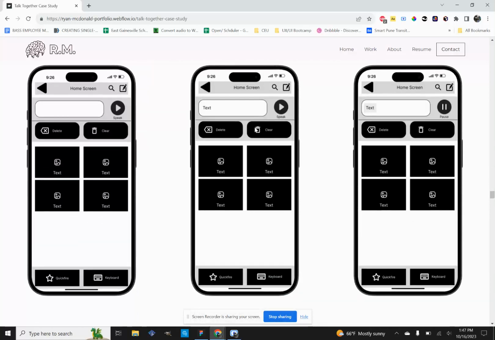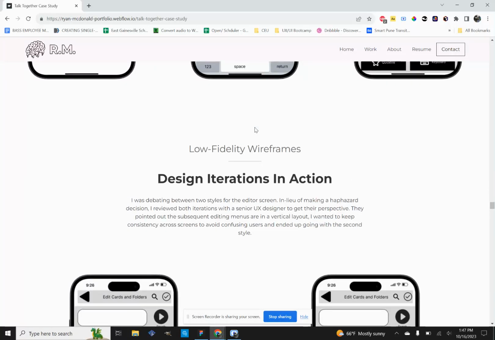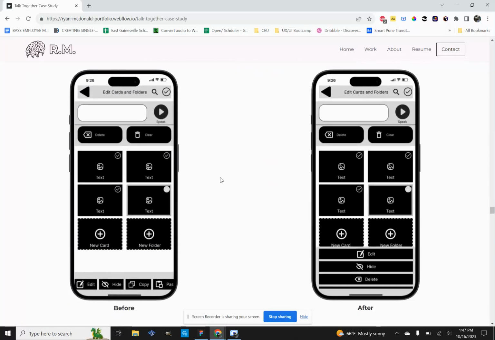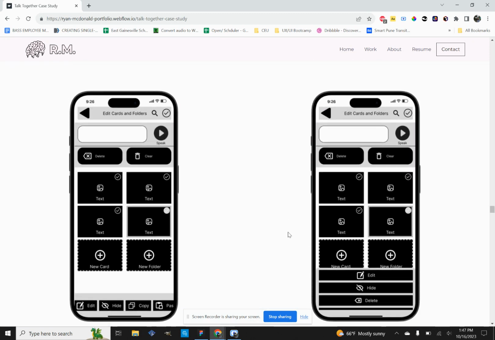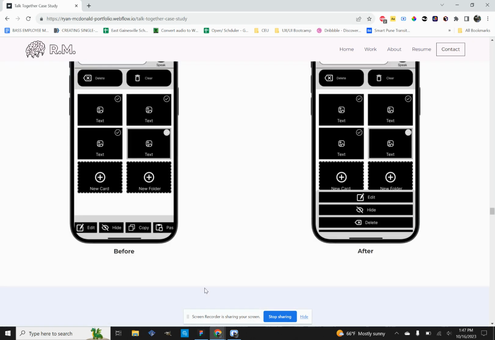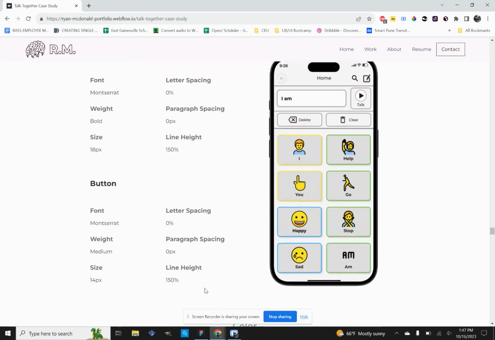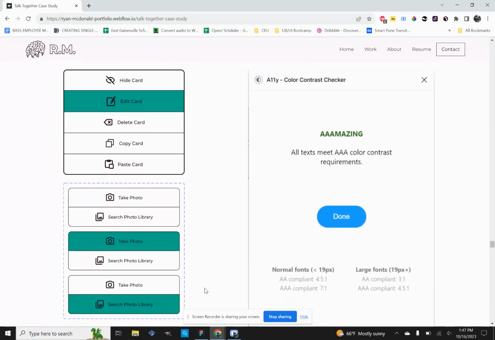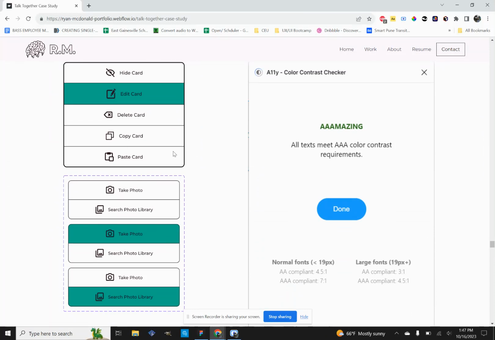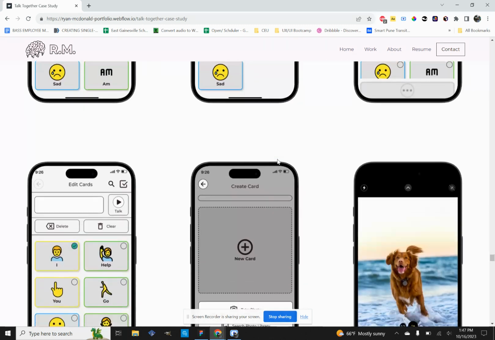Here's some mock up screens, wireframes, some iterations based on some different ideas I had for a menu, some additional mock up screens, visual design, testing the colors using A11Y color contrast checker, some high fidelity screens,